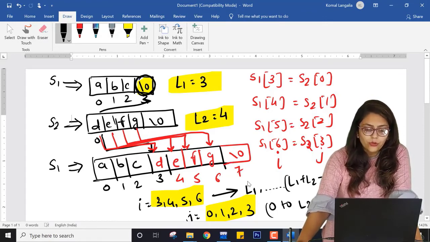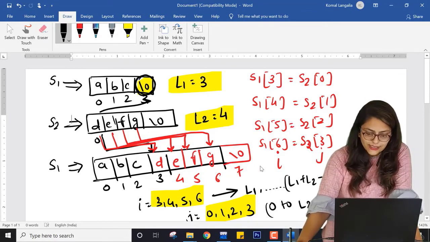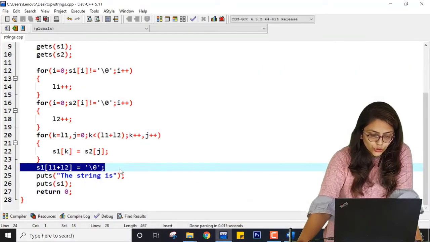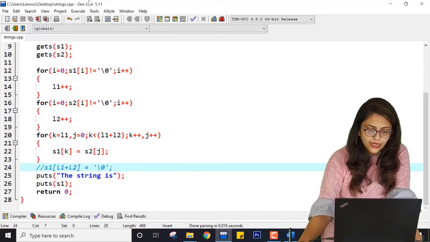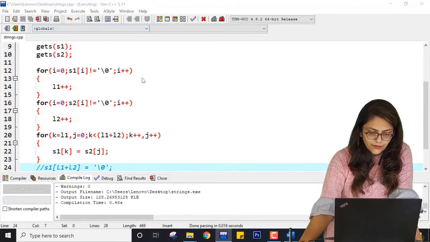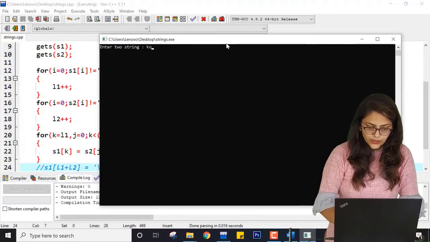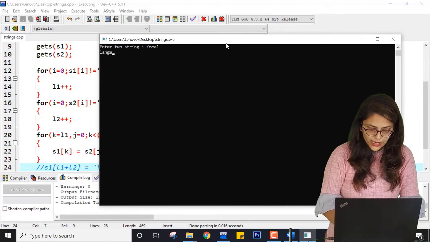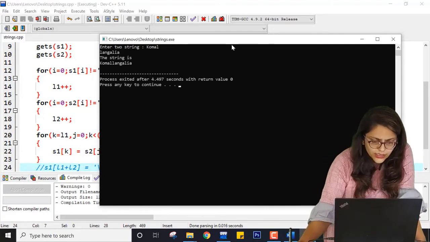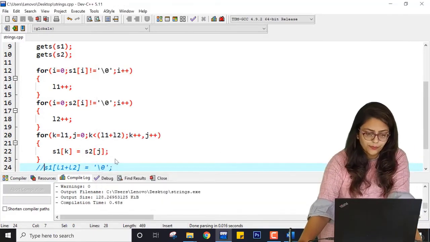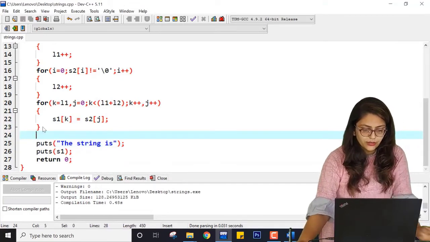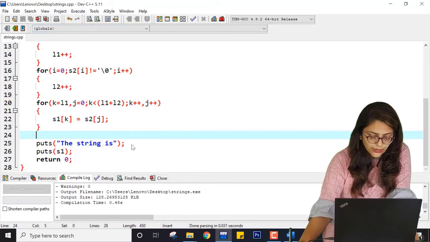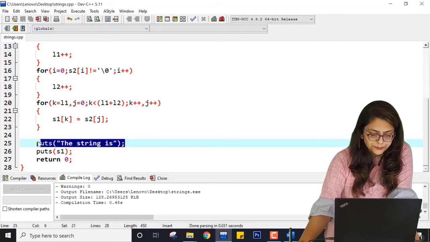So we have to do it manually by writing L1 plus L2, that is 7. So let me show you, if you are not writing this line, if you are commenting this out, save it, compile it and run it, then you will see Komal Langalia, it is printing, but in some cases it will not print. So it is a good habit to use it, right?